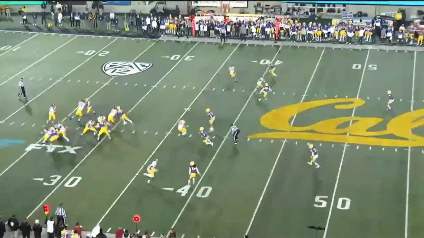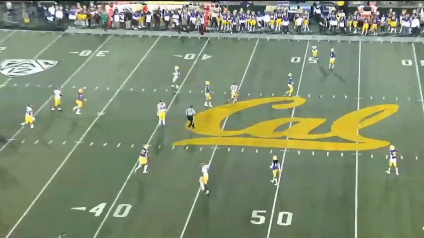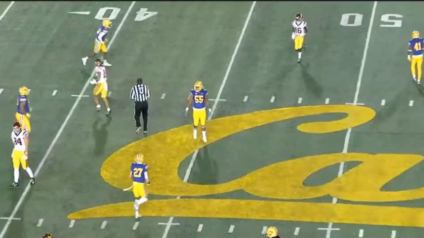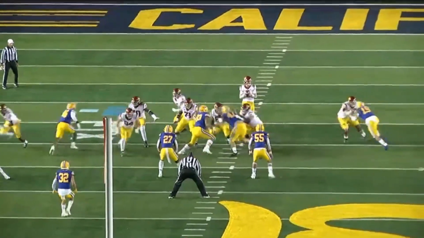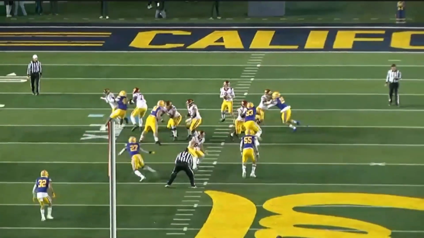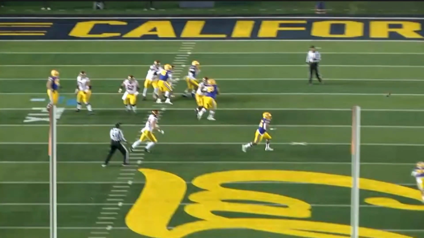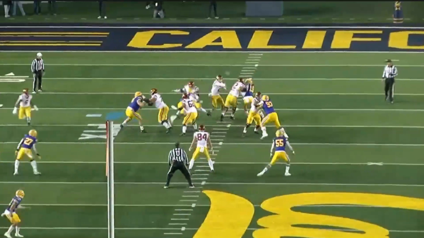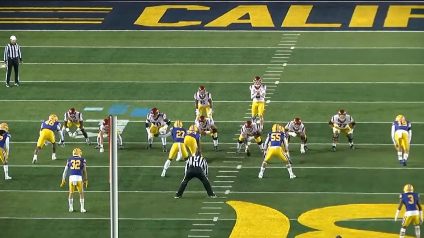Watch Jaxson Dart, 1, 2, hip, and he just hops. And he takes a little false step to start it. Again, we'll watch it from the end zone here. Takes that false step hop, and then hop, hop. And so he's not timing it out properly with the way he drops. The other thing that creates a problem is his left tackle here